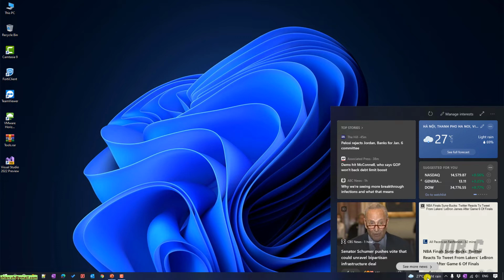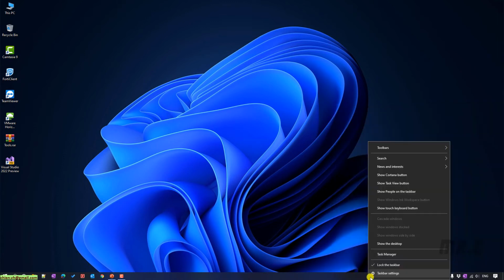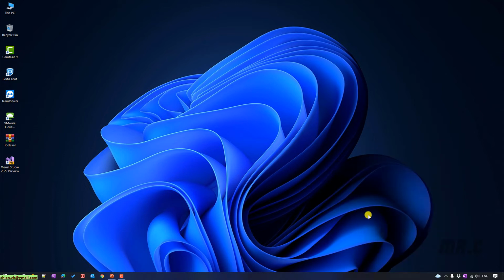In case you feel this feature is uncomfortable and you want to hide or disable it, it's very easy. You can right click on the taskbar. You see here we have a News and Interests option. We have three options here: show icon and text, show icon only. Let me try the second option. For now it only displays the icon,